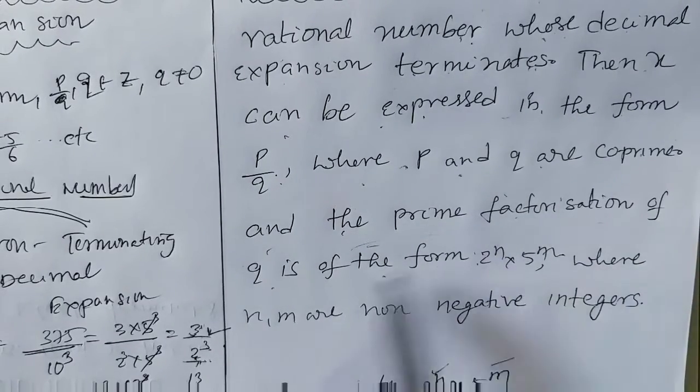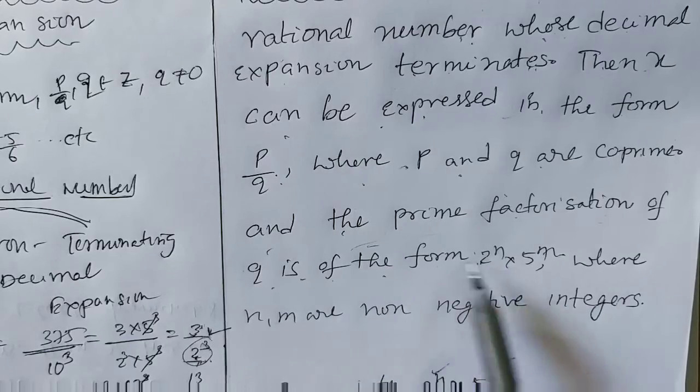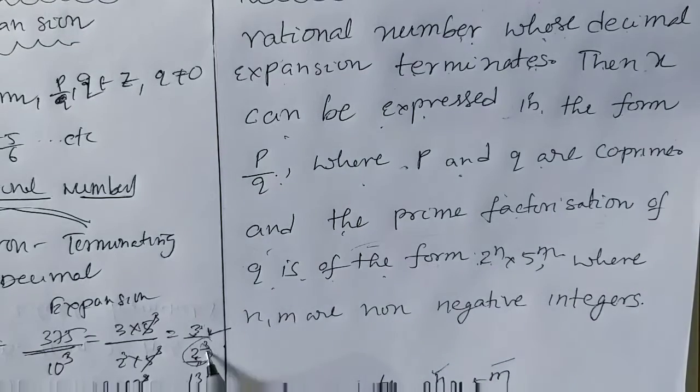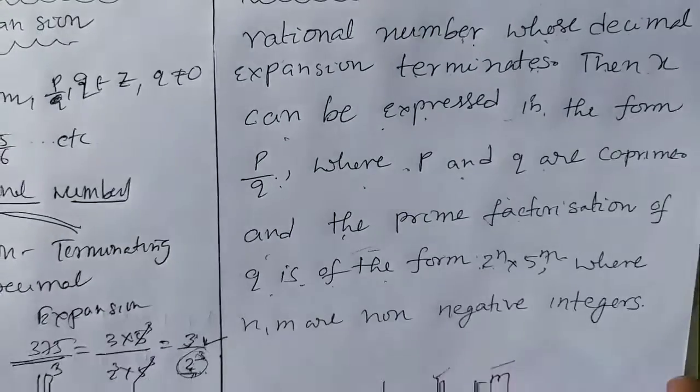The prime factorization of q, the denominator, what happens? We can see it in the form of 2 power n into 5 power n. That means in the denominator we can write either 2 powers or 5 powers. What is the converse of the statement? See that. What is the converse statement? That is theorem